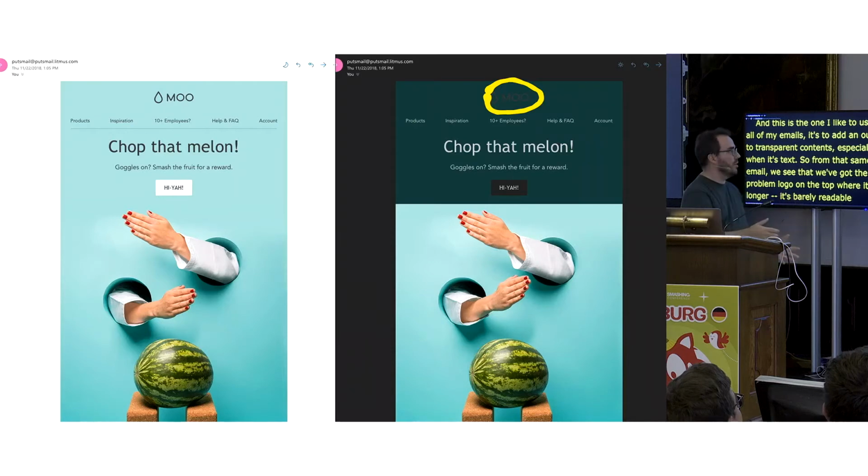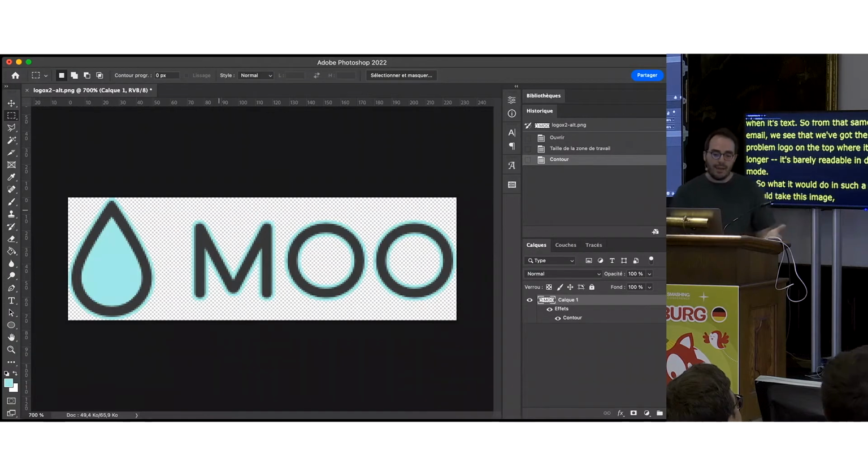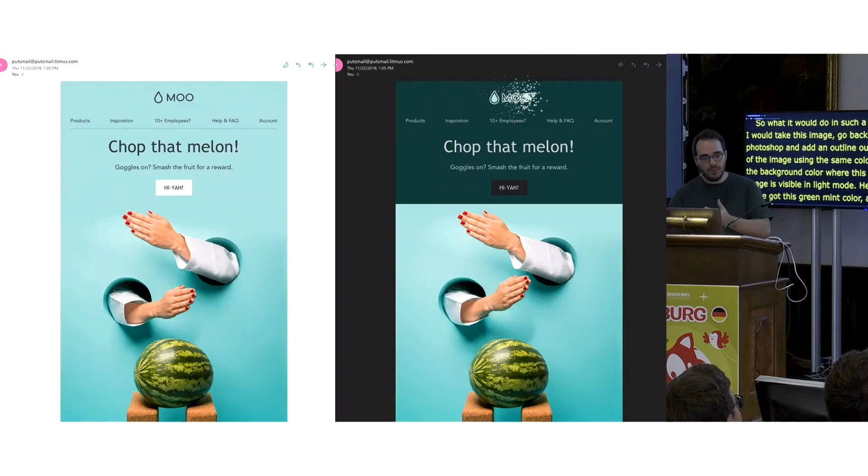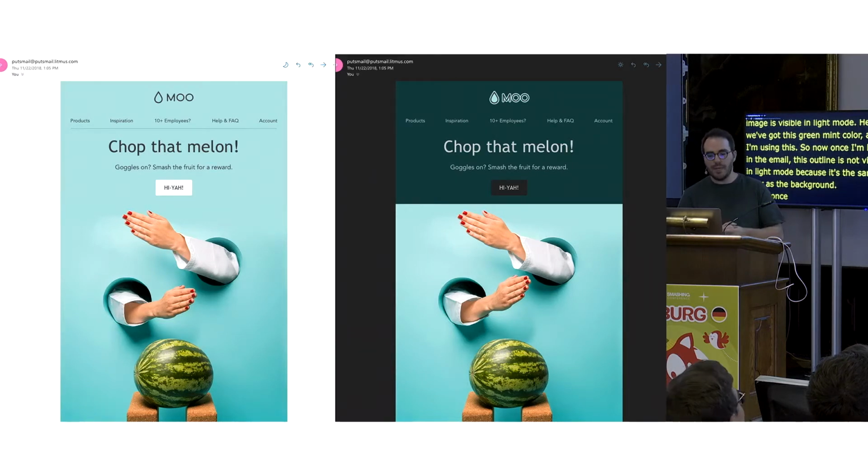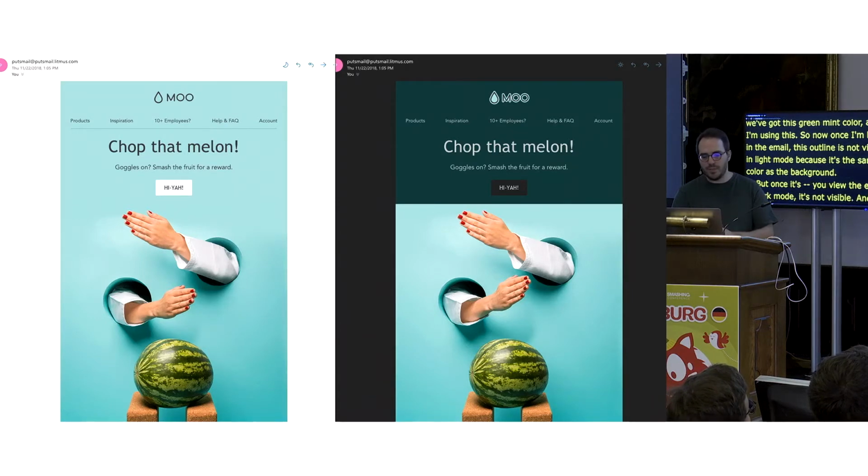So what I would do in such a case is I would take this image, go back to Photoshop, and add an outline outside the image using the same color as the background color where this image is visible in light mode. So here we've got this green mint color, and I'm using this. So now once I'm back in the email, this outline is not visible in light mode because it's the same color as the background, but once you view the email in dark mode, it's now visible, and you can still read the contents.